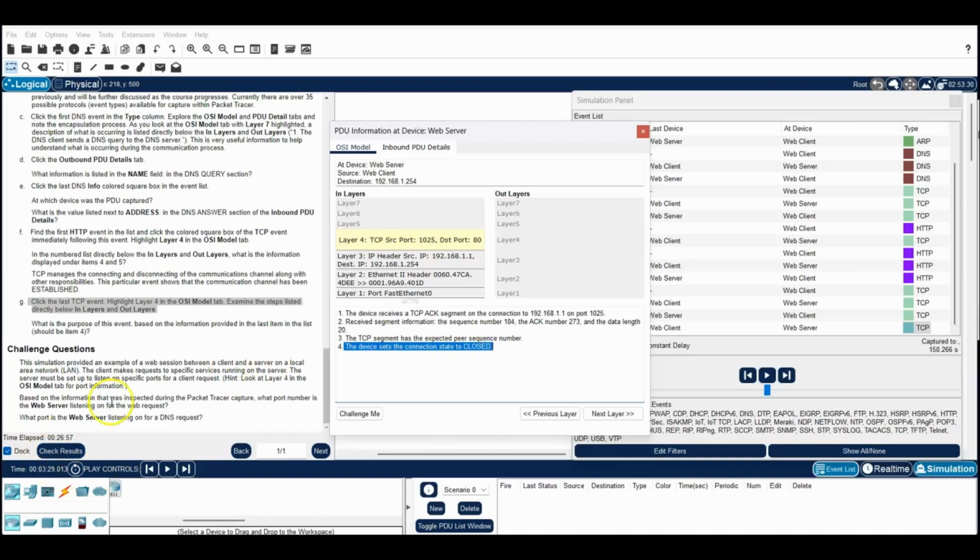Challenge questions here. It says, based on the information that was inspected during the Packet Tracer capture, what port number is the web server listening on for the web request? And it is port 80. And what is the web server listening on for a DNS request? It shows a layer 4 destination of port